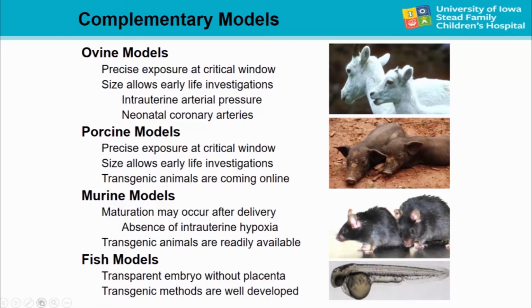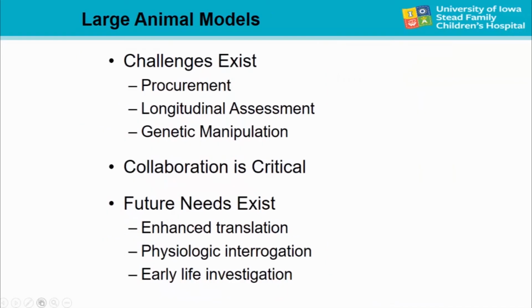For the large animals, challenges do exist. We've had difficulty with procurement at times because we're not always funded to primarily do large animal research. I think longitudinal assessments could be challenging and taxing on the system, and genetic manipulation is starting to come online, and I think that's going to pretty soon no longer be an insurmountable or even a significant challenge. Again, collaboration's critical, and I think there's a lot of future